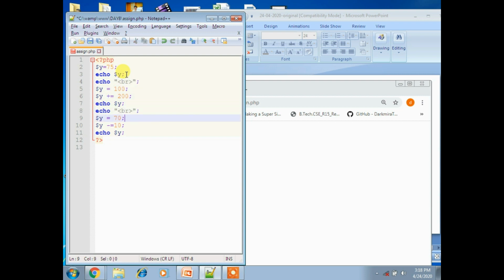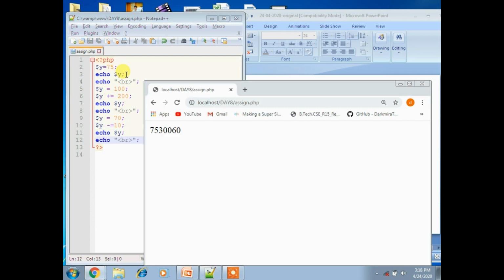In the same way for this one, save and execute. 75 is assigned, and then it adds 100 plus 200, that is 300. Here subtract then assign: 70 minus 10, which displays 60. This is called assignment operators.